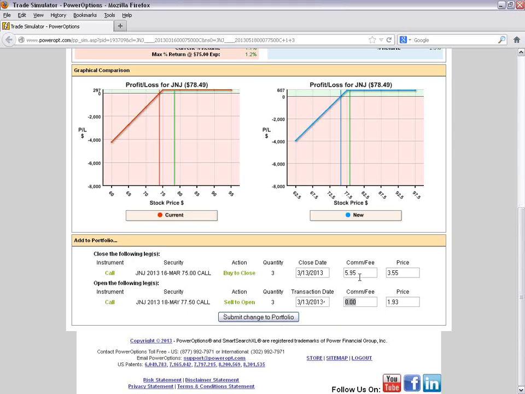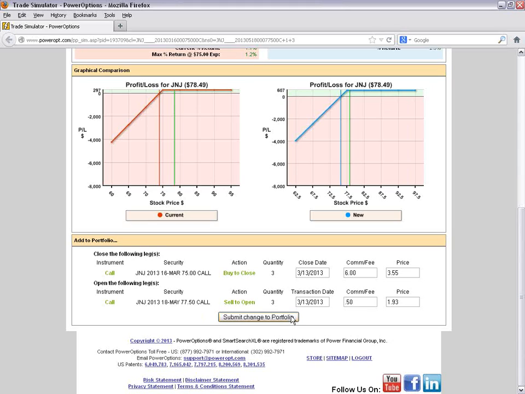Maybe you get a slight break if you do a roll. It might cost you maybe only, let's say, $6.50. So maybe I just change my commission fee and put $6 here and just put 50 cents here, for a total of $6.50, or I could just put $6.50 on the first line. But if I wanted to go ahead and make this particular adjustment at this point, we would just click Submit